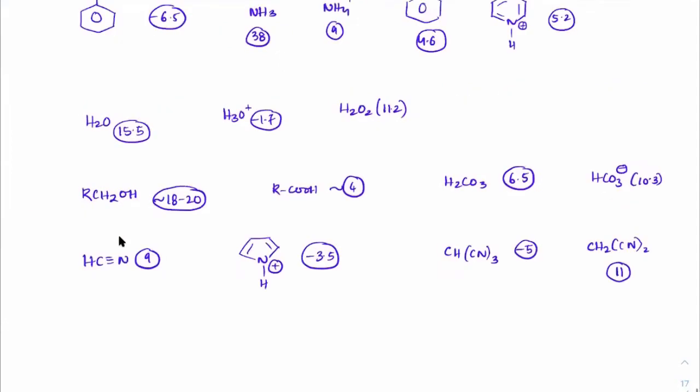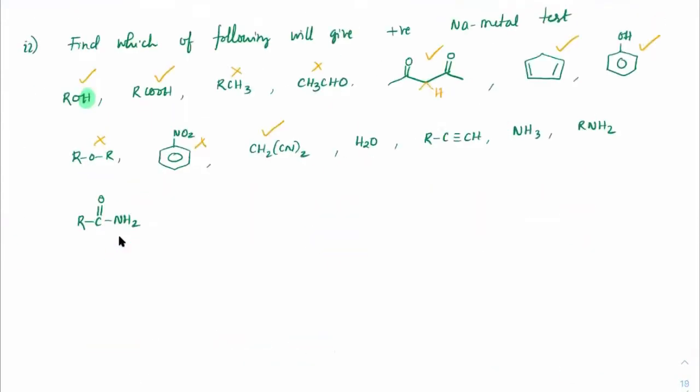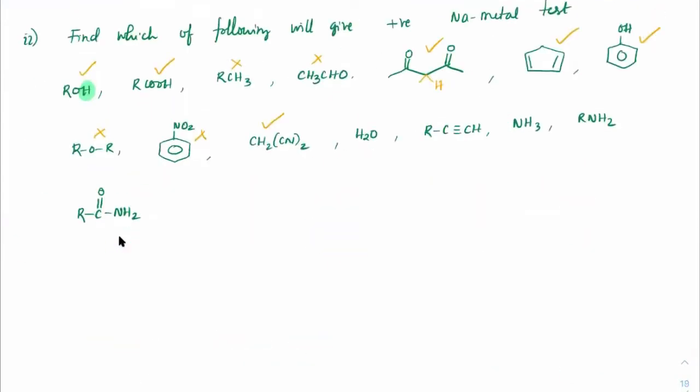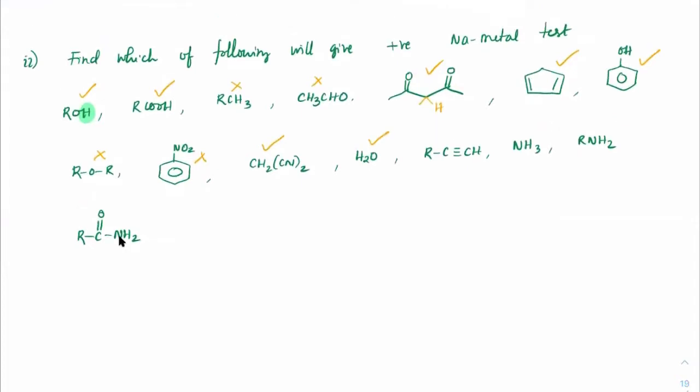Just remember, where is it? Yeah, here, both of them. See, around 11 and this is around -5. They are all very, very highly acidic as compared to hydrogen. These acidic characters are with respect to hydrogen. Next, water is definitely acidic with respect to H2. This is also acidic because the carbon triple bond H has a high electronegativity difference. The pK value is around 25.